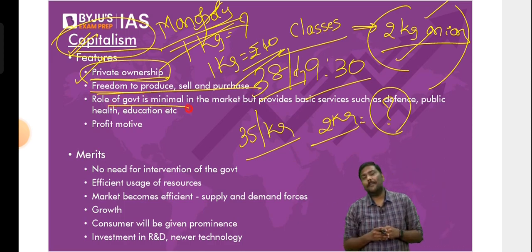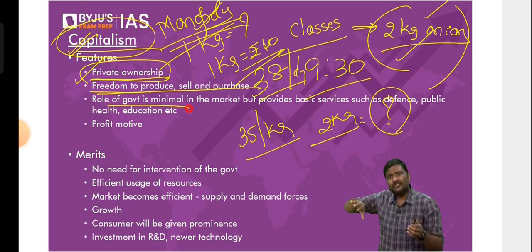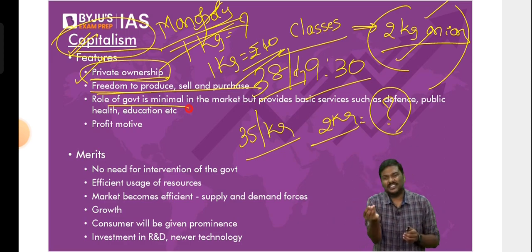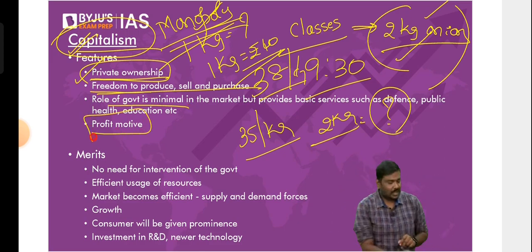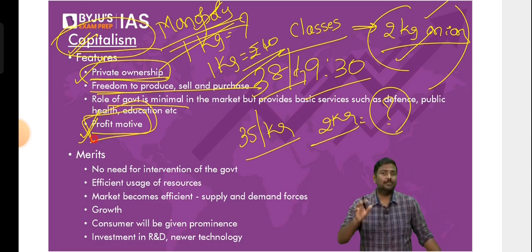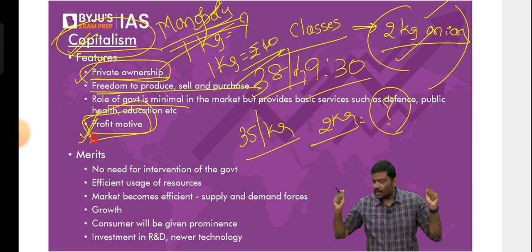Third, the role of the government under capitalism is very minimal. The government will restrict itself either to simply providing certain support to the private sector or to providing certain goods or services. Very, very minimal role of the government. The majority of the production, the majority of the services supplied, will be done by the private sector itself in capitalism. And finally, whenever you talk about capitalism, the private sector's objective at the end of the day is simple. They want to earn more and more profits. Their objective is profit maximization. They want to increase the amount of profits they earn.